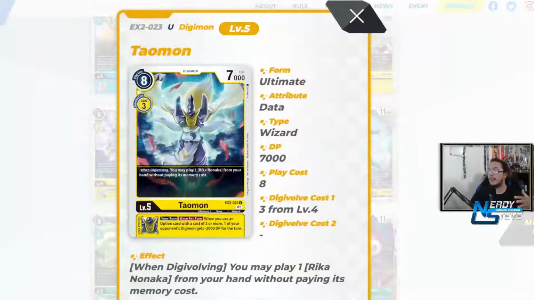We do get the level 5, which is Taomon. 8 costs to play, 3 to go on top of your Cubimon, I believe is the level 4, the 7,000 DP. When digivolving, you may play 1 Rika from your hand without paying the cost. This is so good. Taomon making it so that you can play a 4-cost tamer for free. It's phenomenal. I absolutely love Taomon and that effect,